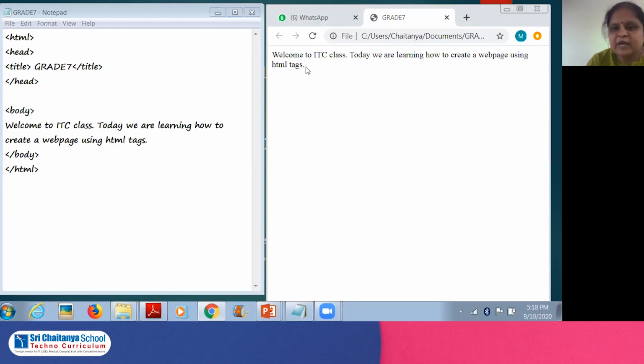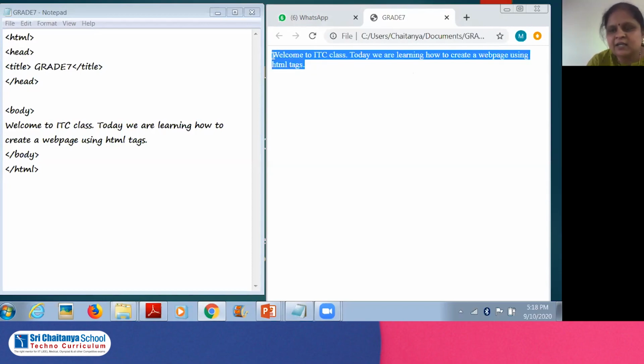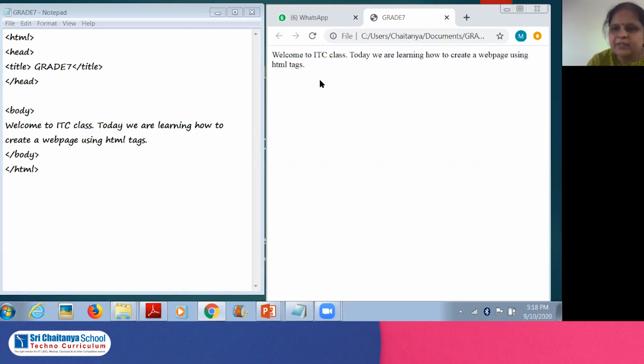You know, one of the advantages, I can just select the information from the web page, I can copy and I can paste it here. But can we delete this? No, right? We can copy this but we cannot delete. That is only the web pages. Otherwise anyone can just open any page and they can delete, right? So that is not possible. Access is not given for that. I hope everything is clear how to create a simple web page. I hope it is clear.